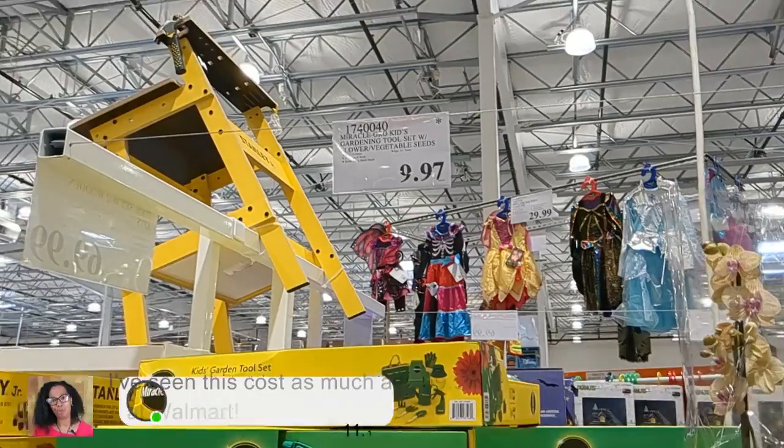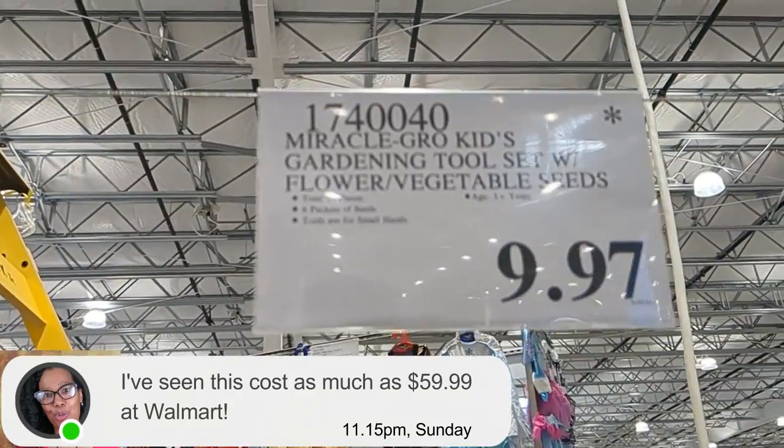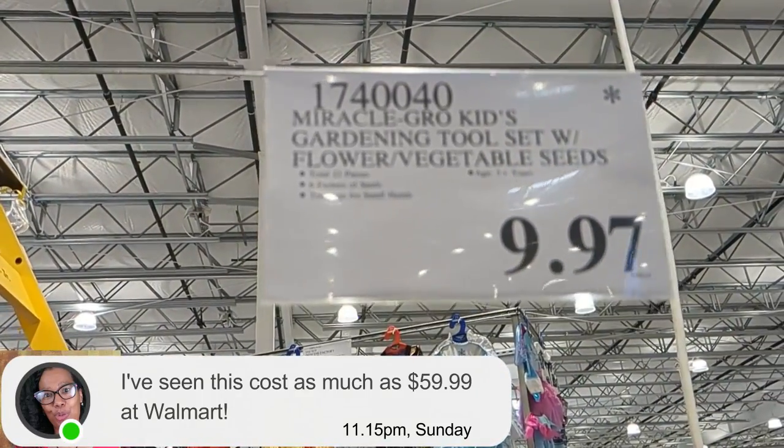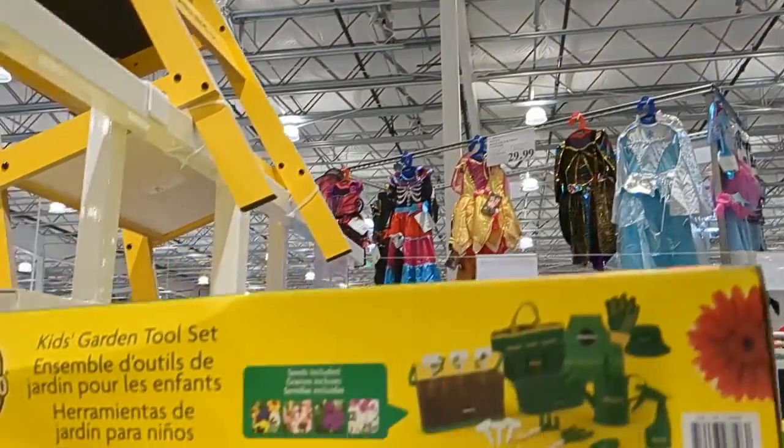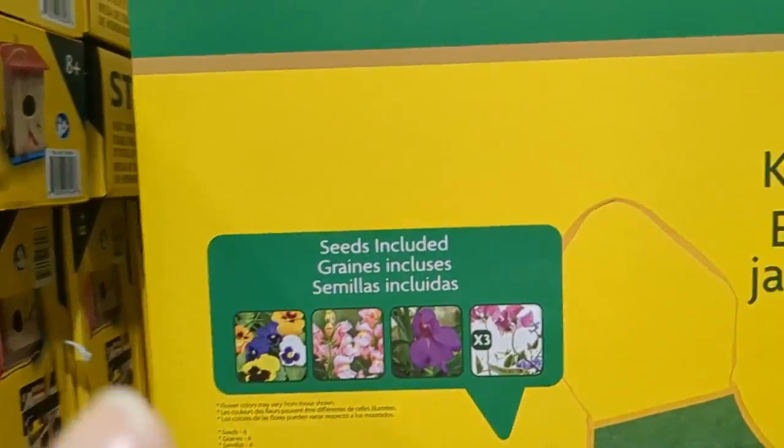Let me show you what it is. Okay, so here it is. It's $9.97, and it's a Miracle-Gro Kids gardening tool set with flower and vegetable seeds. And then look at everything that you get here. Look at this. You have seeds included,